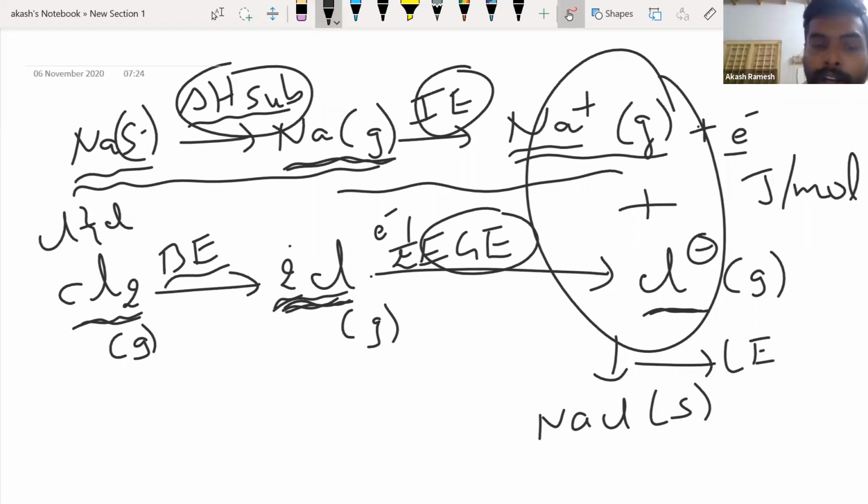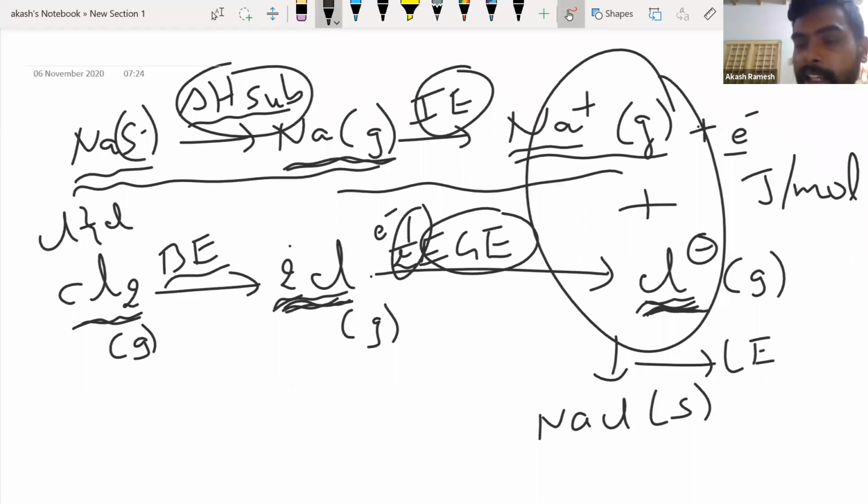Now the chlorine atoms can form the ions. So this Cl is going to form Cl minus, and the enthalpy associated is going to be my electron gain enthalpy. But you have to be very careful here. I have two chlorine atoms, but only one Cl minus is required. So instead of supplying the entire electron gain enthalpy, only half is required. So you form 1 mole of Cl minus. Okay, so now that's it.